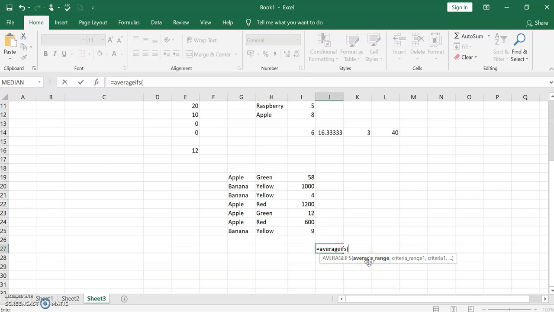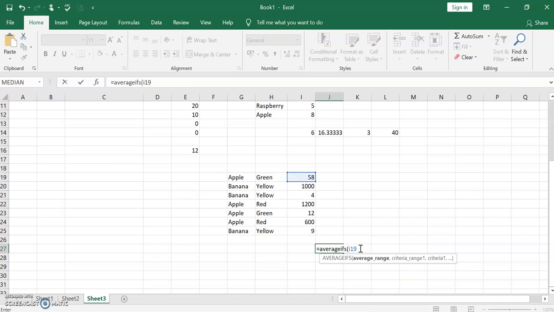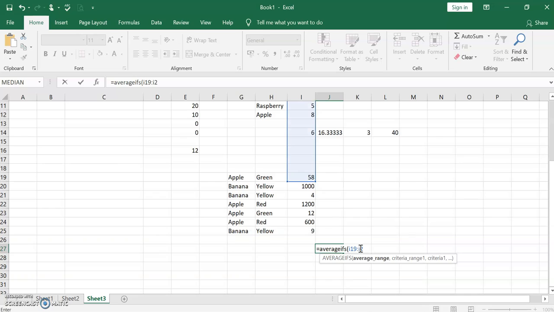See, there is an average range, right? The very first is the average range, like always, even in sumifs we have taken only the sum range. Similarly, here also we have to give the average range. Average range here I have I19 to I25. This is my average range. Then I'm going to select the criteria, right?